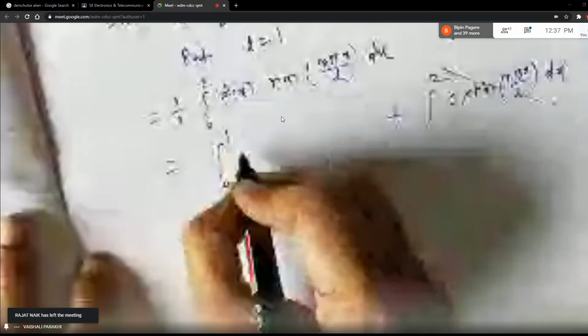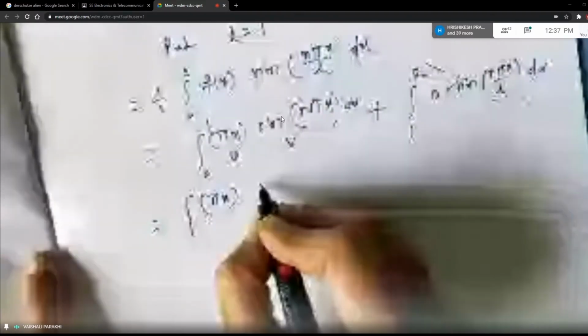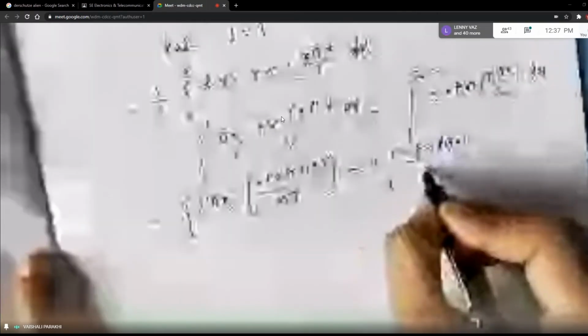And what is the value of the function in the first interval? It is pi into x. So if you observe, other than substitution, I am not doing anything. L is 1, so no need to write upon 1 here. And then you are using Bernoulli's first function. Integral of sine is minus cos n pi x by L, n pi x by L, minus the derivative of pi x is pi, integral of cos is sine upon n pi, but it will be n square pi square.